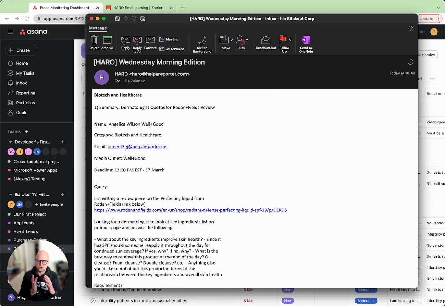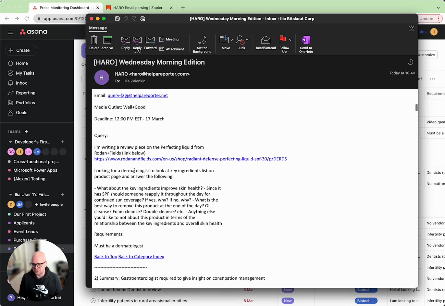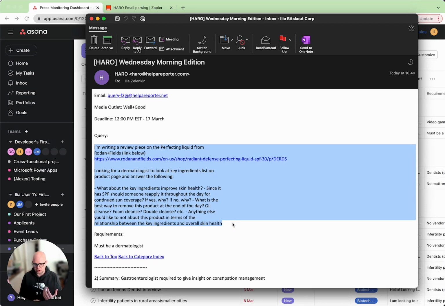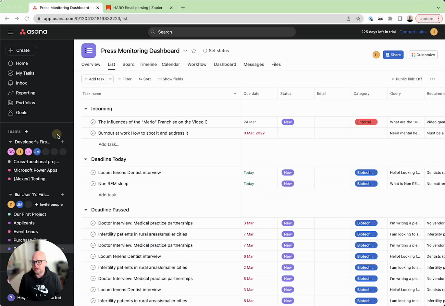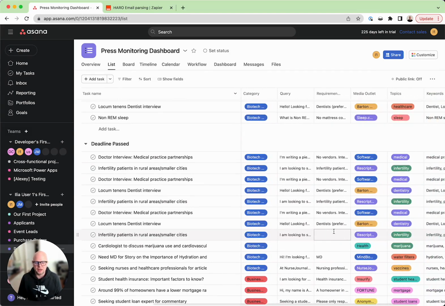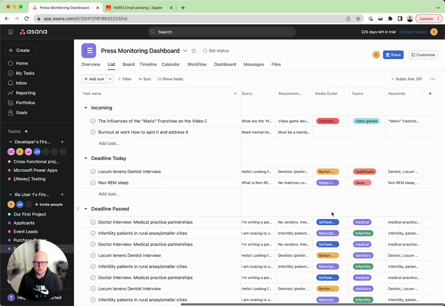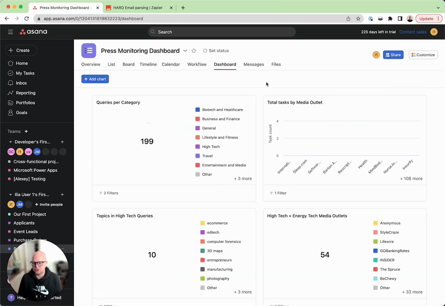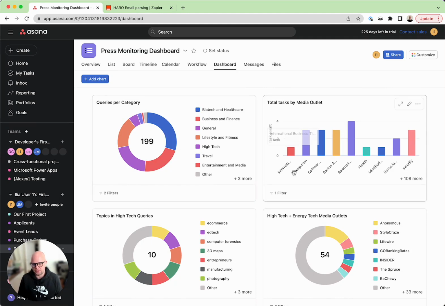it's about, and create a custom topic. So, for instance, analyze this query and understand based on your criteria whether this topic is for you or not. And this is what we call a press monitoring dashboard, which works in real time, and this is how it looks. I removed the email, so it's not visible here, but it allows you to build a dashboard that allows you to see different things, and also allows you to break down things per topic in a chart